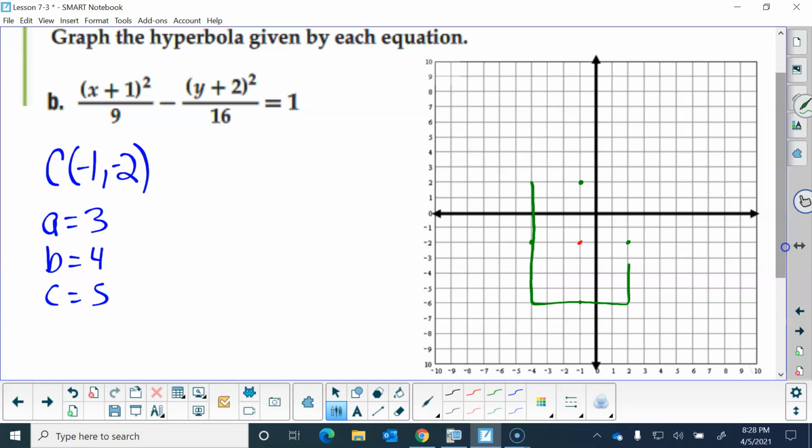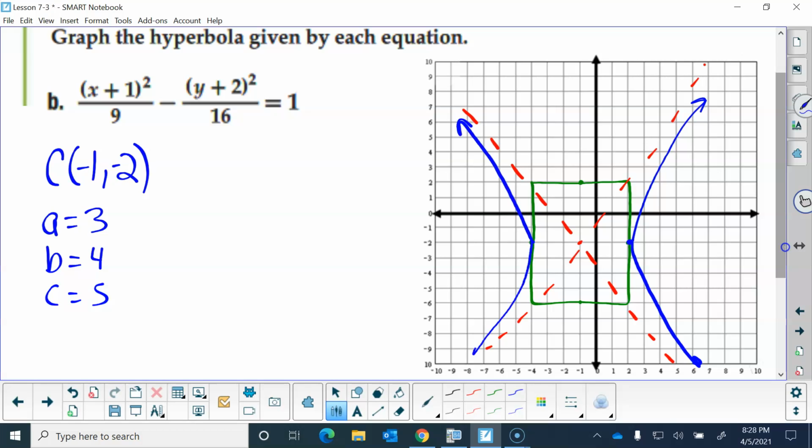And once I draw that rectangle, that allows me to draw in the asymptotes for the hyperbola. So there's your asymptotes. And then we already said that this is horizontal. And so this is my vertex point, and the curve is going to open to the right, like this, and to the left, like that. So there's your 2 vertex points,